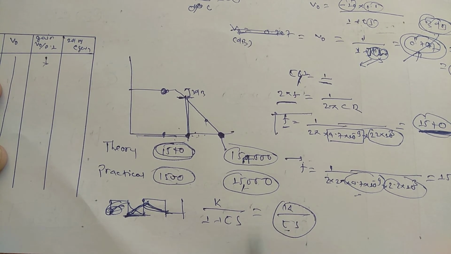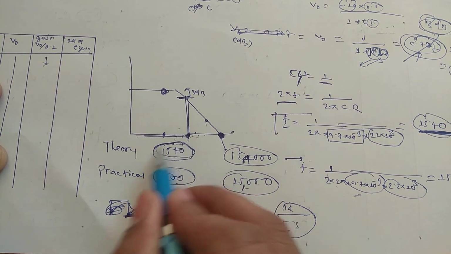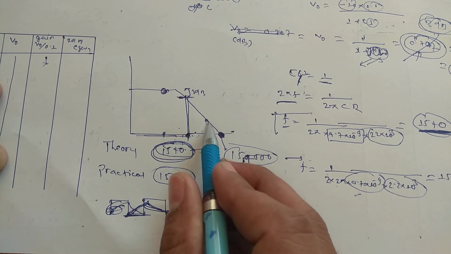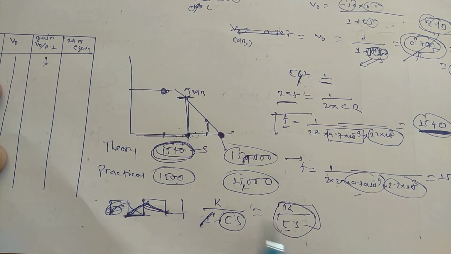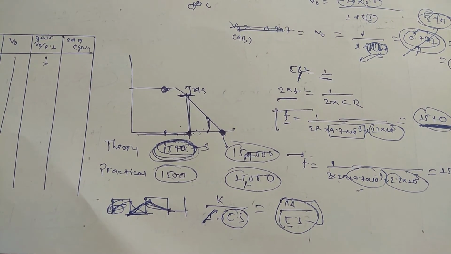When can we get this? When we can neglect this term at higher frequency, at least 10 times this one, or even if you keep around 5 times, you are going to see integration happening. But ideally speaking, it must be greater than 10 times the 3 dB point. So we are going to see both on the DSO.